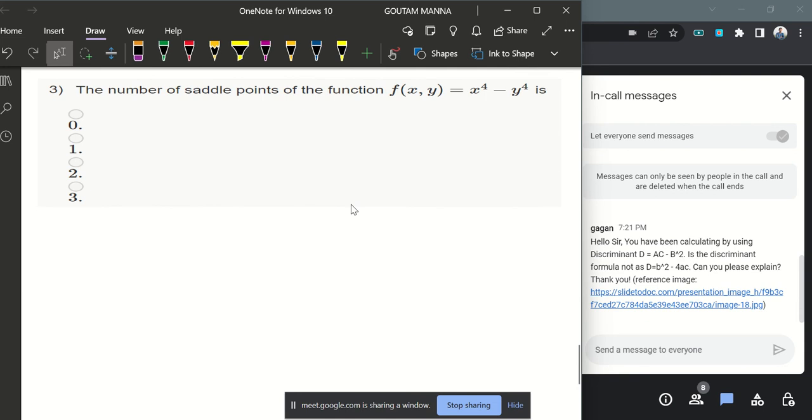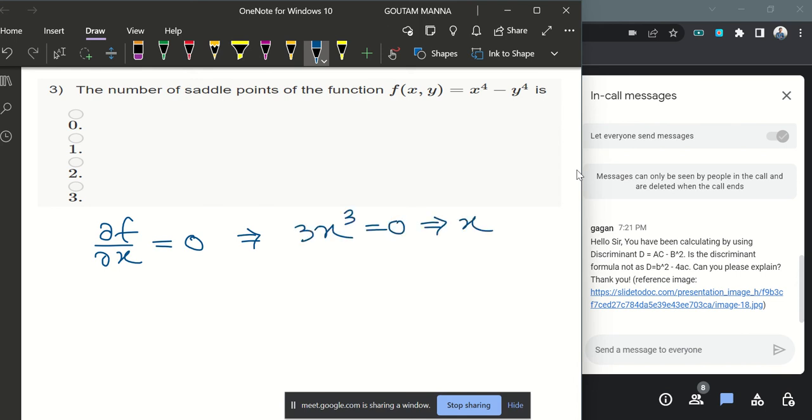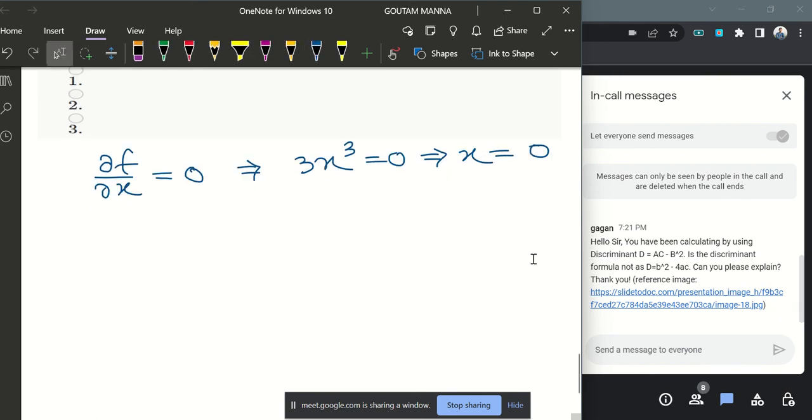So let's find out then the critical points. So del f del x equals 0 gives 3x cube equals 0, and it gives x equals 0. And del f del y equals 0